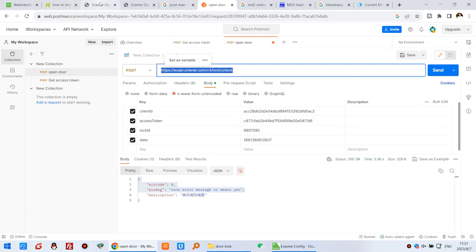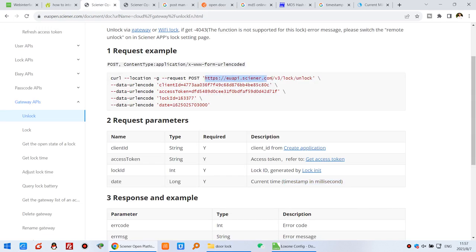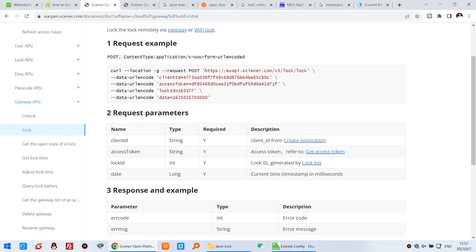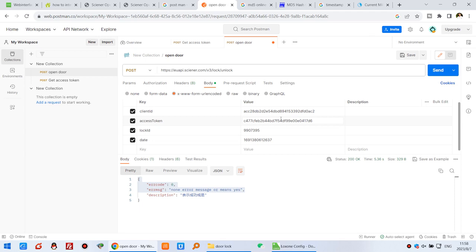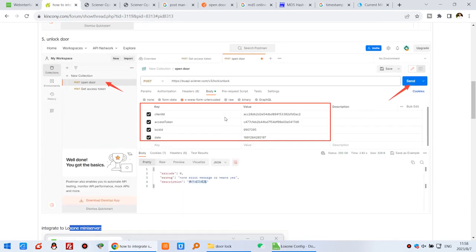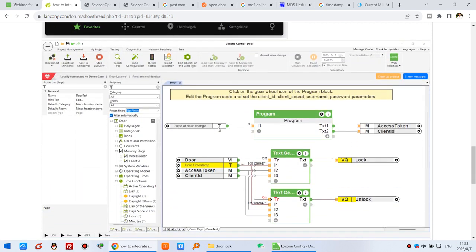The URL also you can see here, just send to this HTTP command is for unlock. And if you want to manually lock this door, you can click here, just send to this URL, that is lock. So this is unlock. So until now, you can send this HTTP command to the manufacturing cloud server to unlock the door and lock the door. And next, you can see here, we can just use the Loxone Miniserver and use the